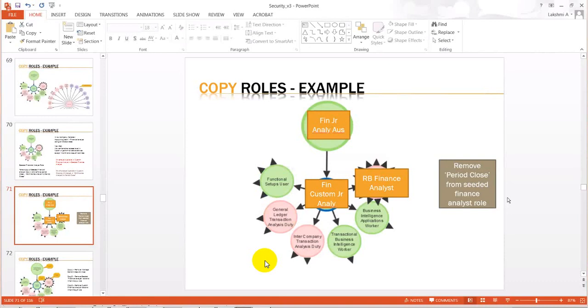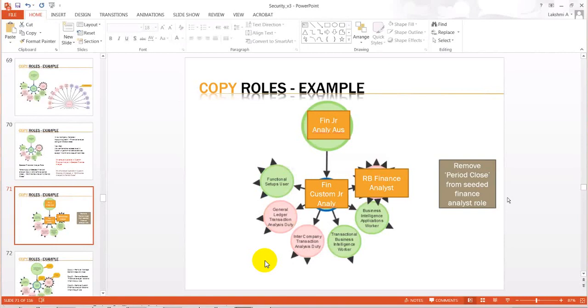If it is a company level thing, which is affecting a larger population, then the recommended way is to go through a role customization. If it is a smaller number of users and not a very pressing requirement, or not something that is going to impact everyone, we should go for page customization. The reason is that page customizations will be impacted whenever an upgrade happens.